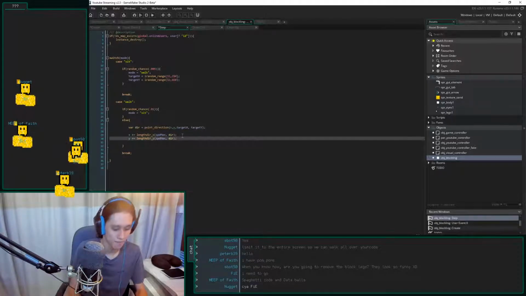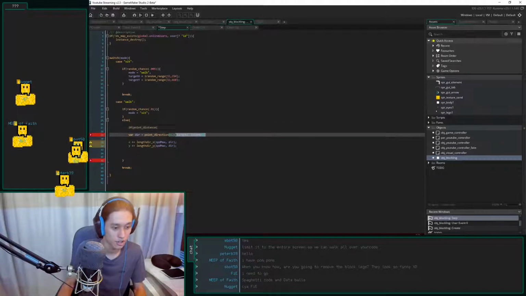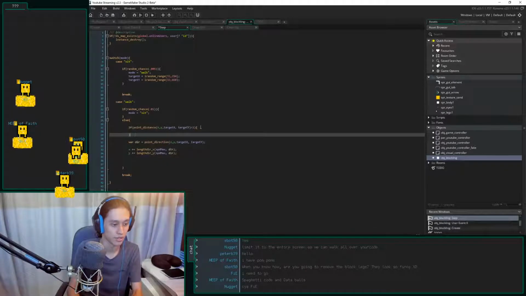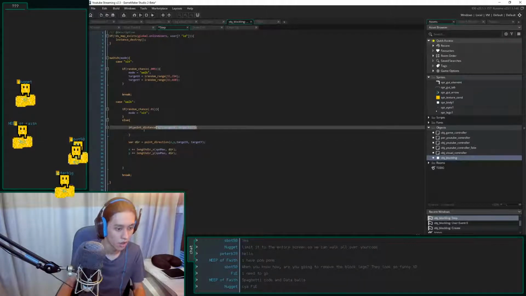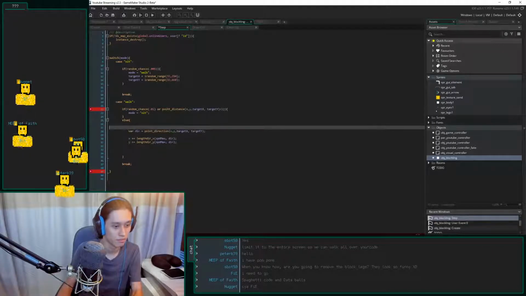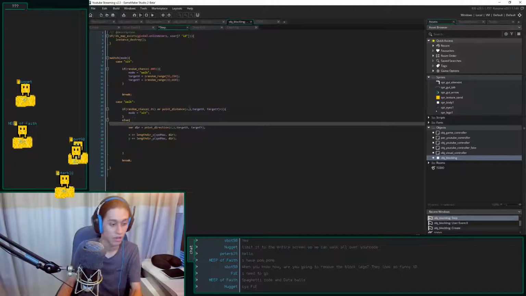Dir equals that. I also want to do a check if point direction. No, actually, if distance to point. If point distance. X, Y, I can just copy this. If the distance to the point is less than 1, then we're going to stop. Oh, actually, I can just put that in here. I don't need a new if statement. If something like this. Do I need another one? I need less one. There we go. Now we should have them walking around-ish.